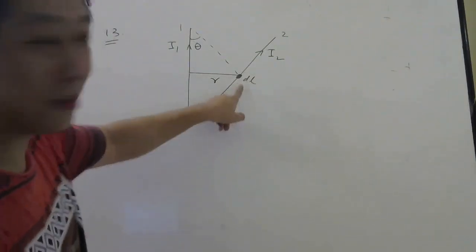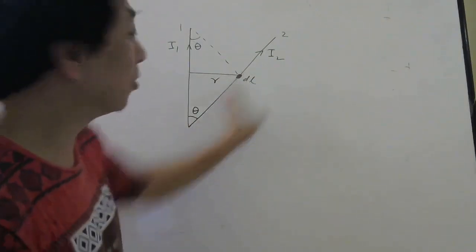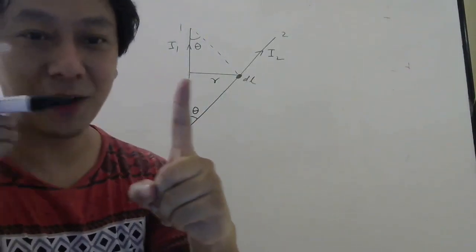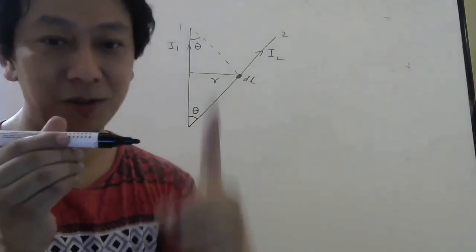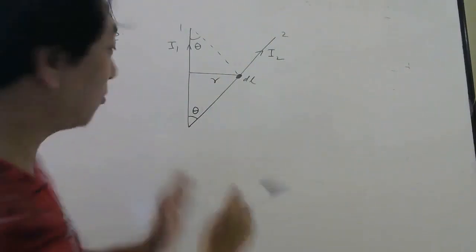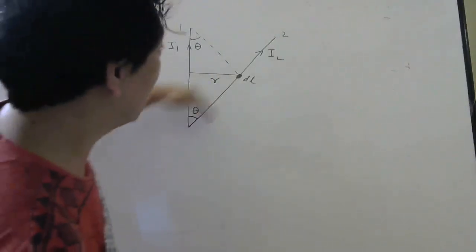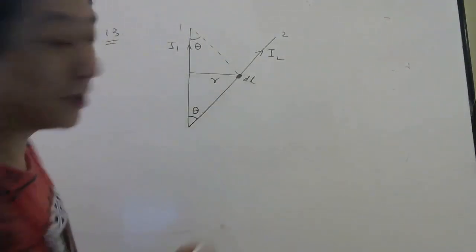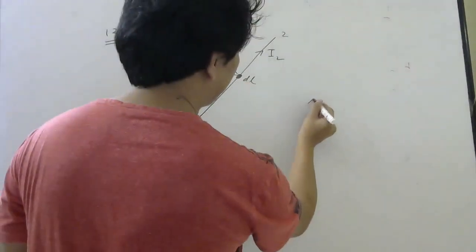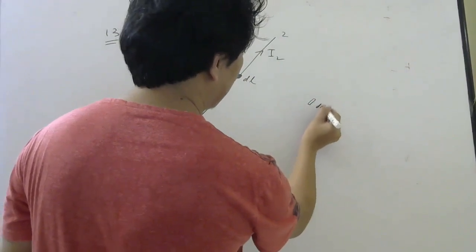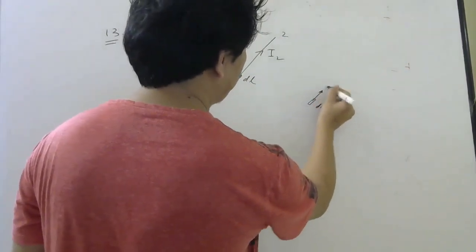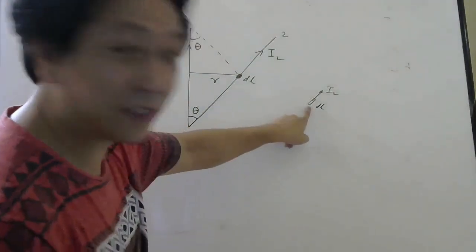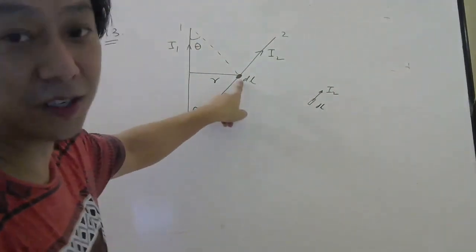So how to find the force on this? Simple. They are not asking you to find the force on the whole wire. For the whole wire you would have to integrate, like I did with this kind of wires, where one was perpendicular to the first wire. You don't have to integrate here. You have to find the force on only this part. So let us look at this part. This is dl, the current here is I2. We just need to calculate the magnetic field at this location due to this wire.